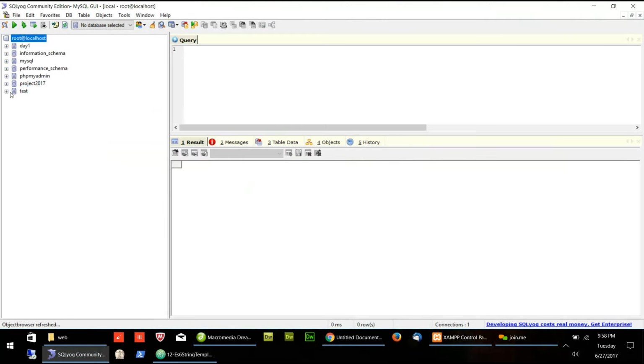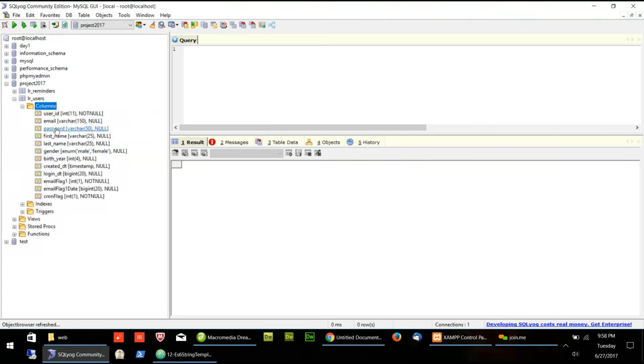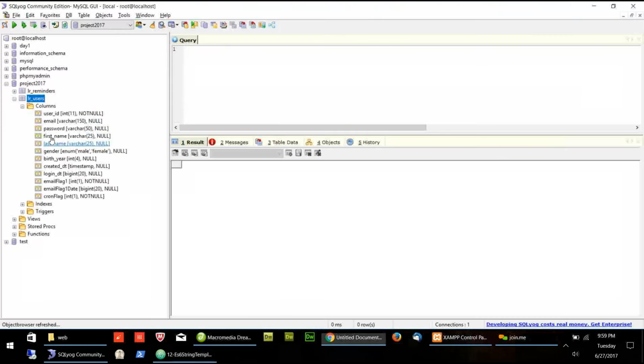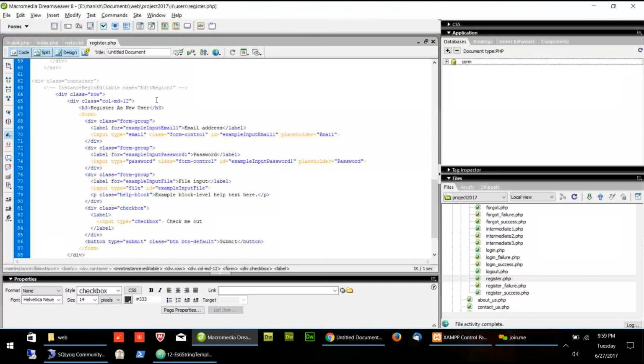So if I go to project 2017 LR user columns, the first thing, user ID, will be automatically generated. The first user will get one, the second user will get two, so it will be an automatically incremented user ID. Second is the email. I want to create the email field, which is already there, but I want to take the email text, which is not there here. It may be something different. So it is